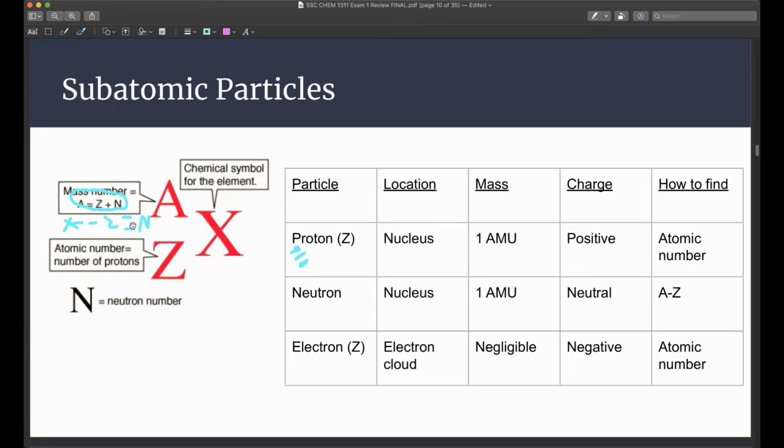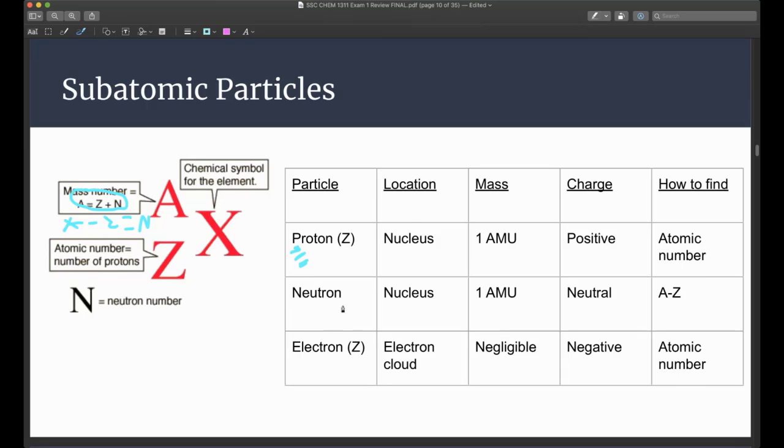Okay. Next we have the electron, and this time it's different because it's the electron cloud. Now, the mass is negligible, so most of the atom's mass is due to its protons and neutrons, and the charge this time is actually going to be negative. How do we find this? We look at the atomic number, which is also on your periodic table. So notice how the proton and the electron are the same,